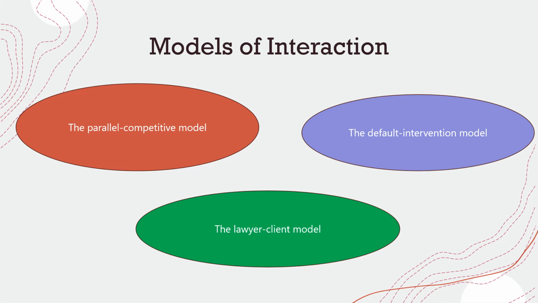The two other models, the parallel competitive model, of course, suggests that they are running in parallel and competing for attention, or competing to be the winner. On the default intervention model, it's the emotional processes, the quick automatic processes, that are the default, and reason will intervene in cases where there seems to be a problem or a mismatch, or something that doesn't quite seem to be right, and reason can come on the scene and overrule, but it's usually emotion in the driving seat. So these are the three models of interaction.